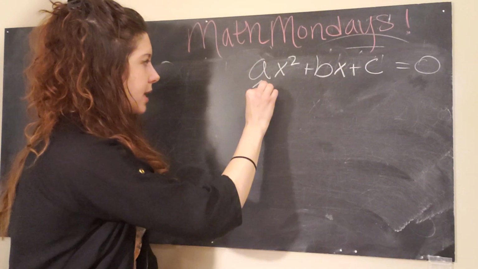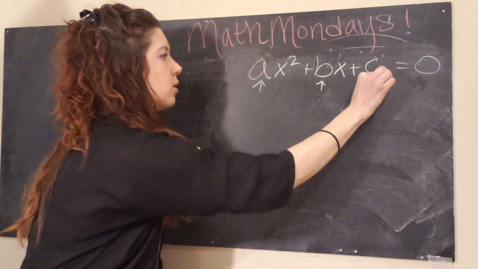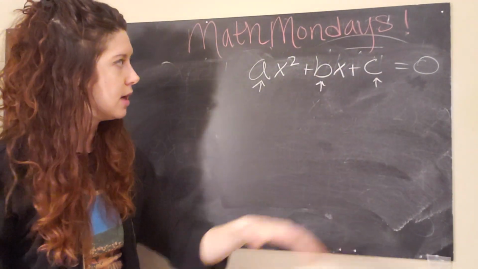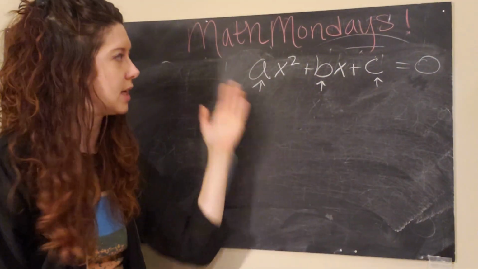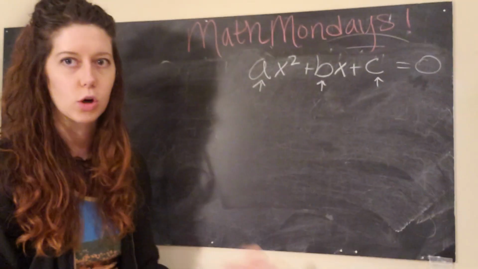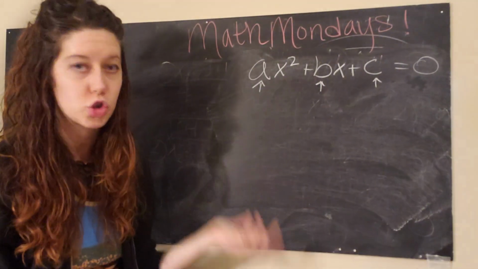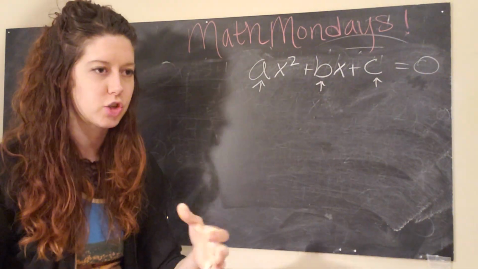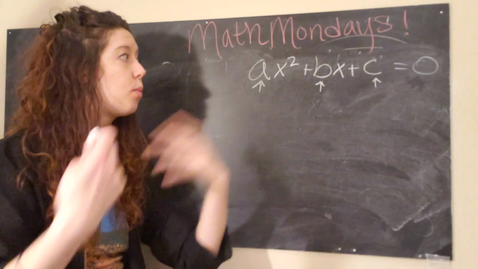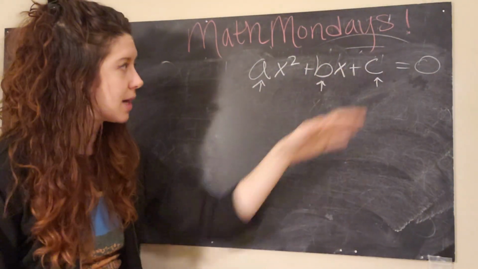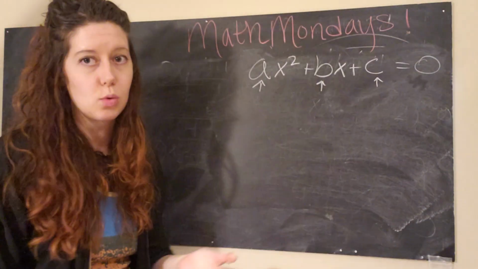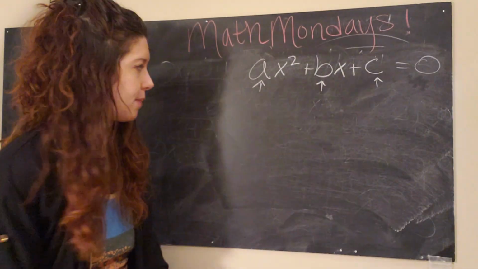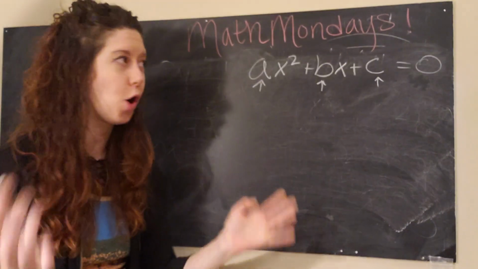Okay, so that being said, we have 3 little mini variables in here, a, b, and c. These are actually not true variables. In this situation, they are stand-ins for constants, which are just numbers that don't change. But I don't want to pinpoint myself into one specific equation. I want to look at all polynomials of this type. Sometimes you might have c equals 0 or b equals 0 or something like that. But the quadratic formula will work for all of those examples. Okay, so now with all of that rambling,